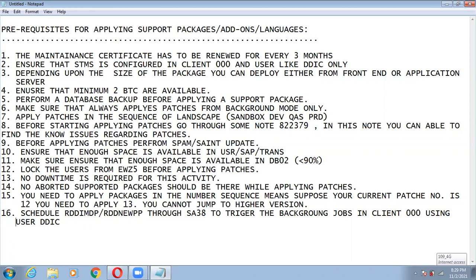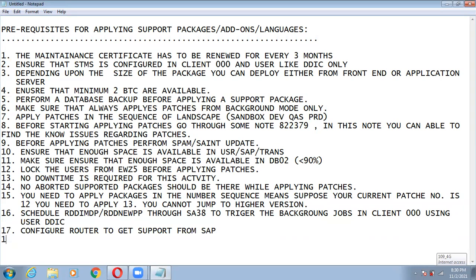You need to schedule RDDIMPDP or RDDNEWPP from a user like DDIC in client 000. Then configure the router to get support from SAP if you come across any issue.